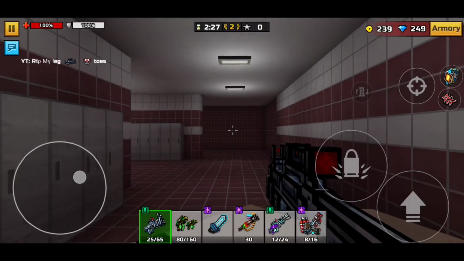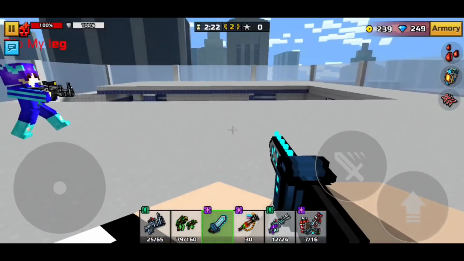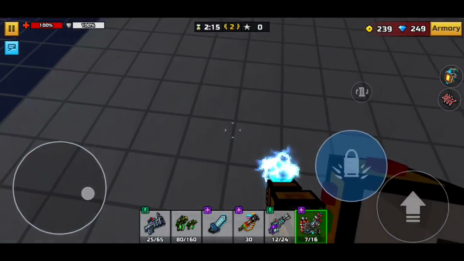In fact, the damage drop off for the area damage is not that bad. Usually weapons that have area damage have a serious damage drop off, meaning that they won't do as much damage as if they were to get a direct hit. So this weapon, guys, doesn't have that much of a damage drop off. I believe it still does 7 shots to the body even though you're using area damage, and because of that,